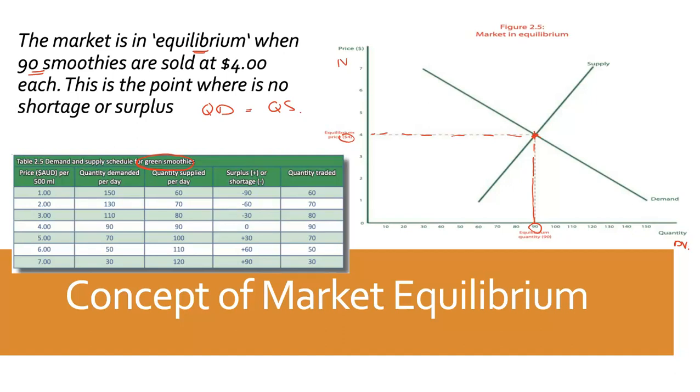And you can see at $4 here, this is the only point where we don't have a surplus or shortage. If I sell them for $2, the quantity demanded is going to be 130, quantity supplied will be 70, so there will be more people wanting smoothies than is supplied, so there will be a shortage